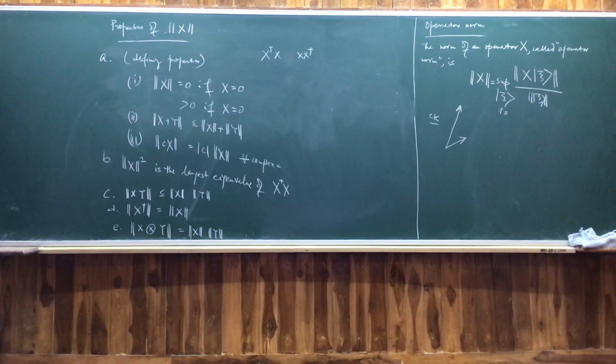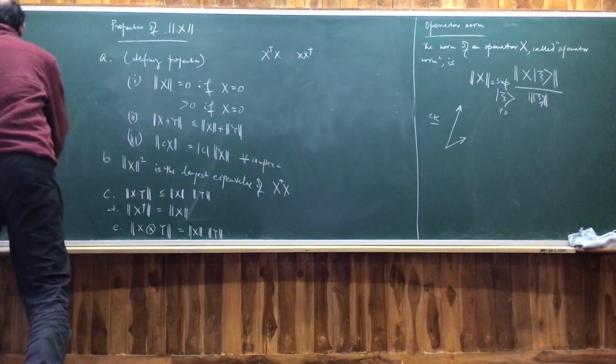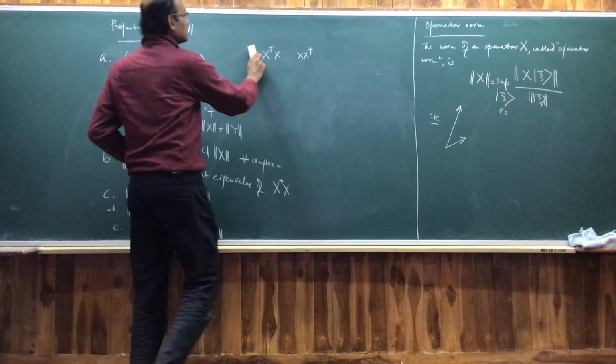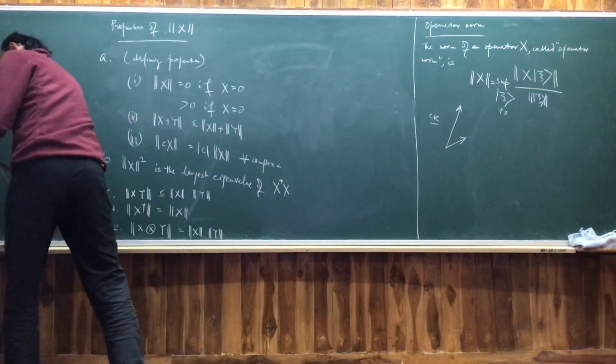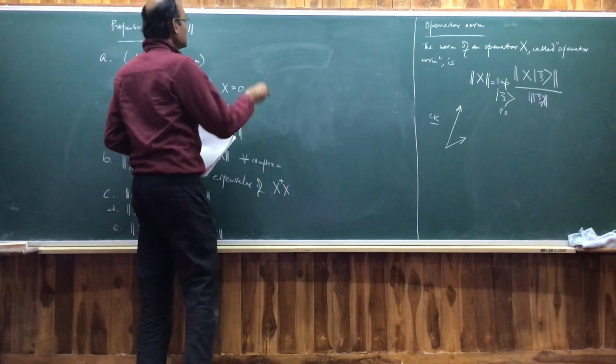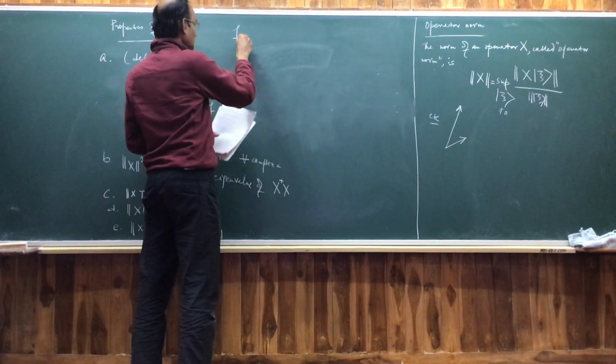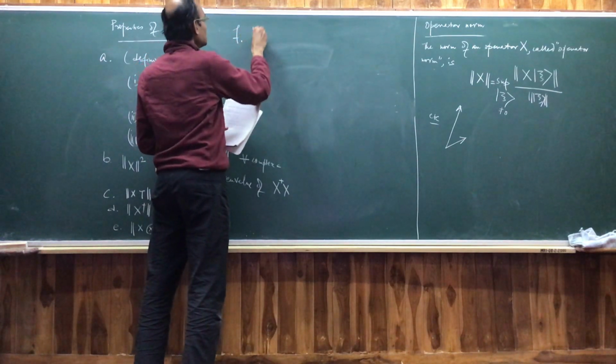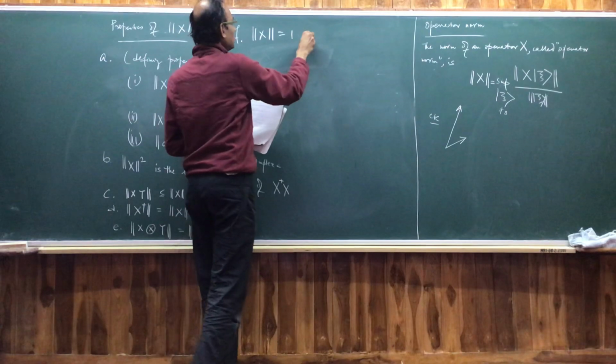So you get the complex conjugation of the eigenvalues. If it's normal. And this one is equal to 1 if